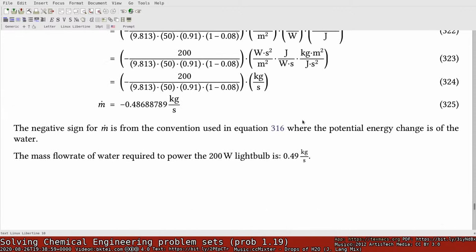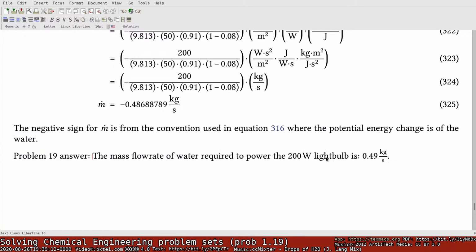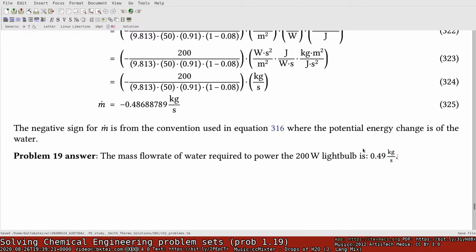Liter-wise, a liter of water is a kilogram, so this is about half a liter per second. So problem 19, answer. Okay, that should be it. Okay, now for